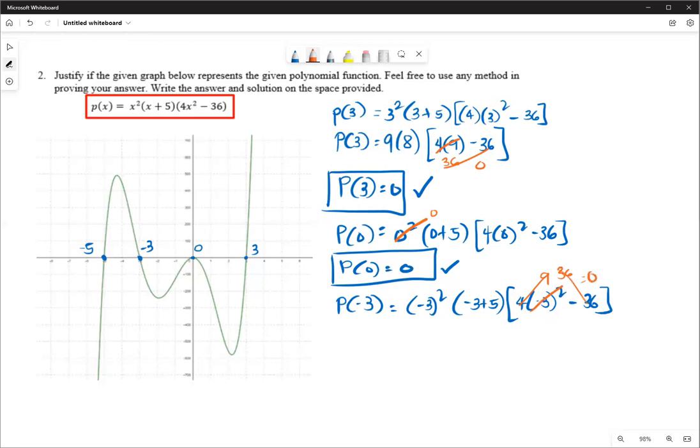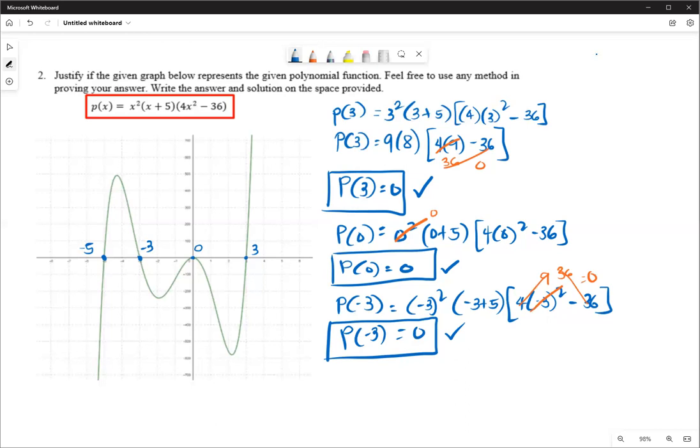Same process: when we multiply 0 to the two remaining factors of the given polynomial, we end up with 0 as well. So p of -3 is also equal to 0, which verifies that -3 is also a zero of our given function. And finally,